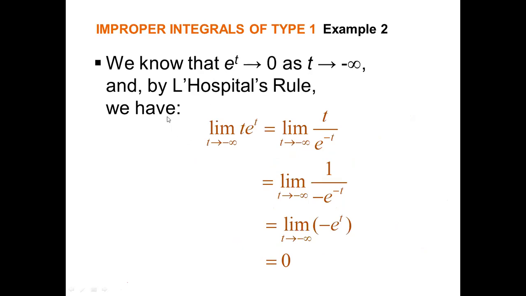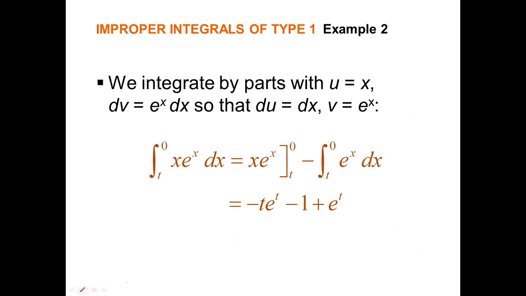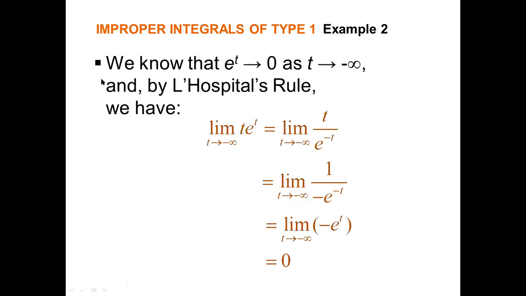Now, what about this? Example 2. This one. And you have this. This is for t to 0. What about if it's infinity already? Okay. We know that e raised to t is 0 as t approaches negative infinity. And by L'Hopital's rule, we have that the limit of t e raised to t as t approaches negative infinity